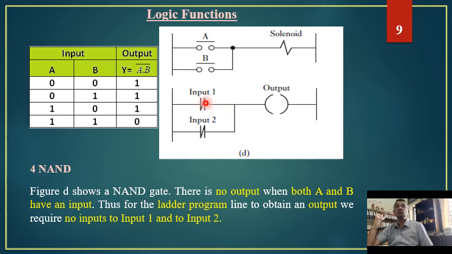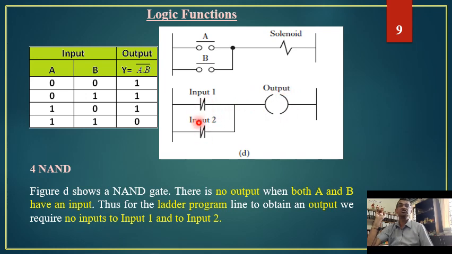Now let us say that both these inputs are not available, that is A is 0, B is 0. Because both of them are closed circuits, output is available. That is why output works, and we'll get 1 over here. If any one of the inputs is available, for example, if input 1 is available, this turns open, current will not flow through this one, but current will flow through the other branch, that is input 2. So current flows through this one and completes the circuit. If input 2 is available, but input 1 is not available, then this is closed, this is open. So through input 1 it flows and output is available.